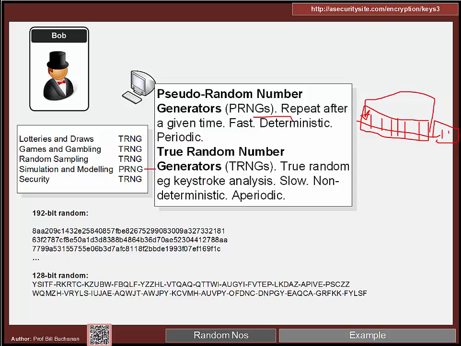It's fairly slow and will typically involve things like the keystroke analysis or the movement of the mouse by the user and so on. It's non-deterministic, and also it's aperiodic, so it'll never actually repeat. So these are two types. These are two random numbers that have been generated here,